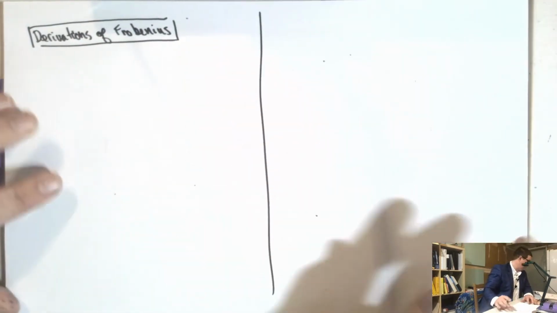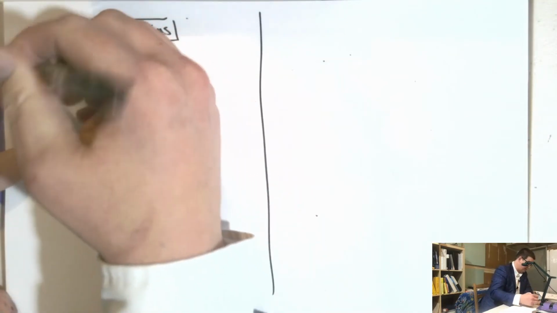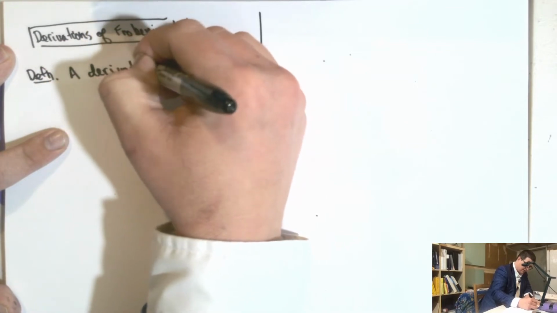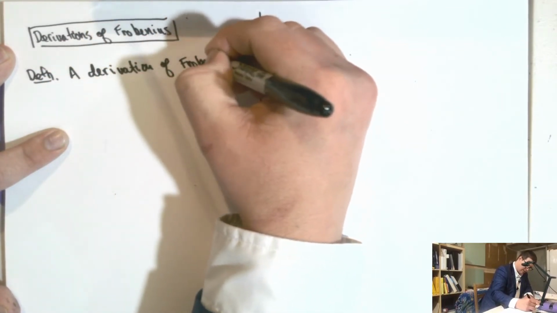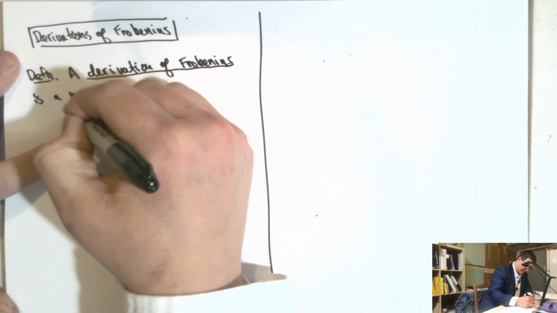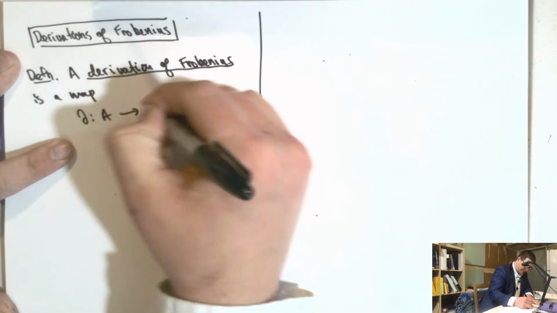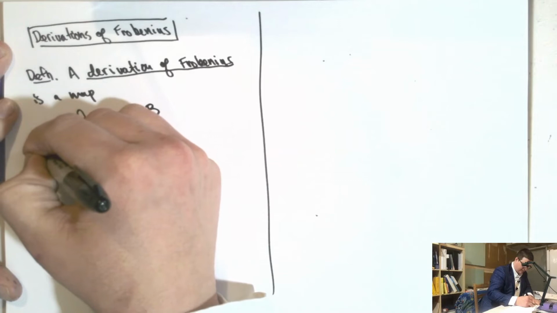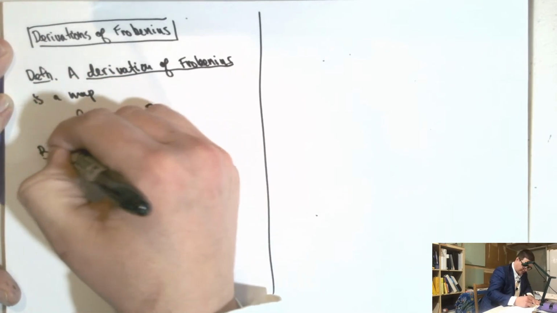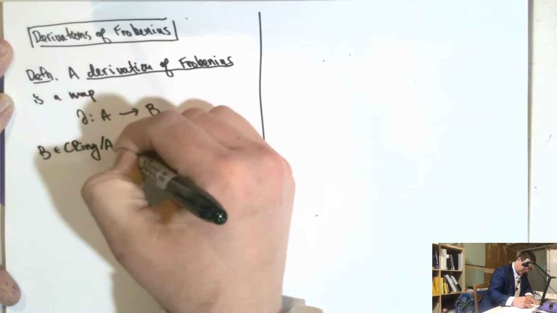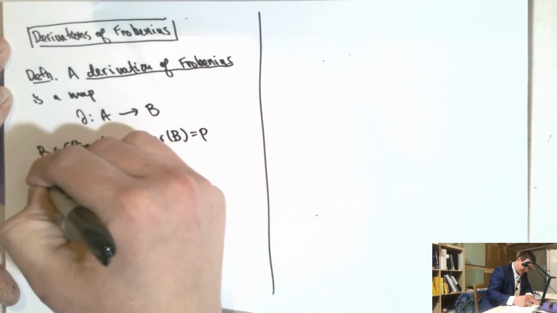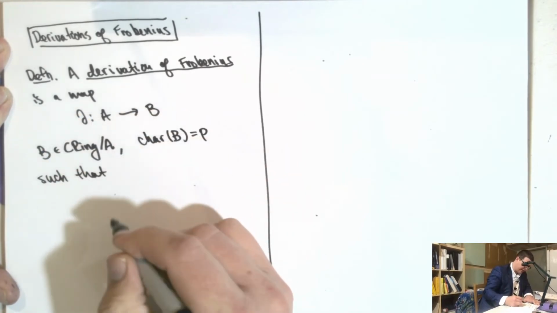A derivation of the Frobenius is a map, here D from A to B, where B is an A-algebra, and the characteristic of B is equal to p, a prime p, such that, I probably should have put that at the top, such that